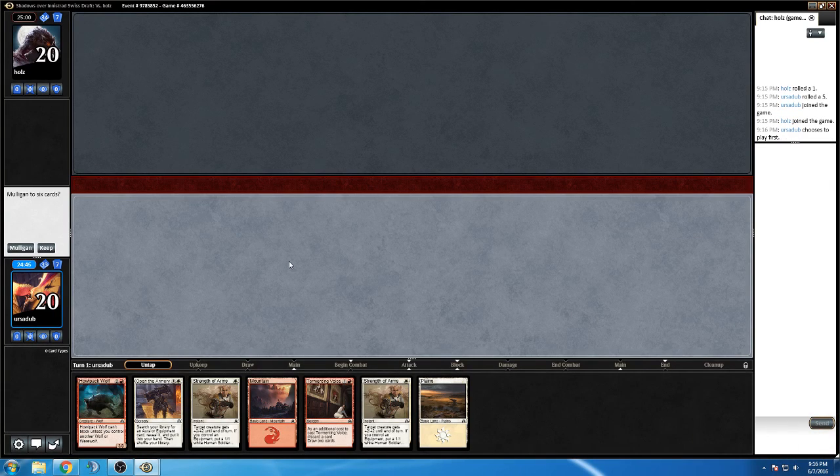Okay, back for my first match. I actually decided to take out a land and put the Neonate back in because it is a pretty low curve deck. I think this is totally fine, so I'm just running 16 lands right now. I can cast almost everything in my deck off